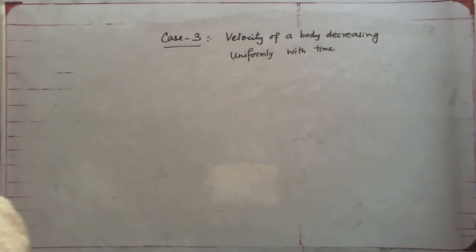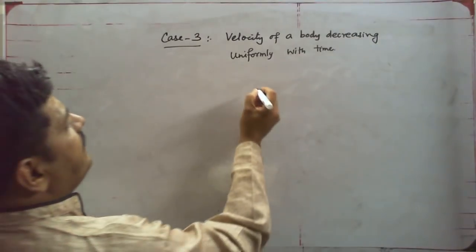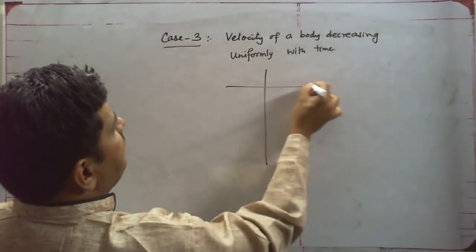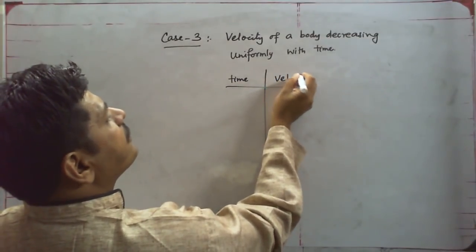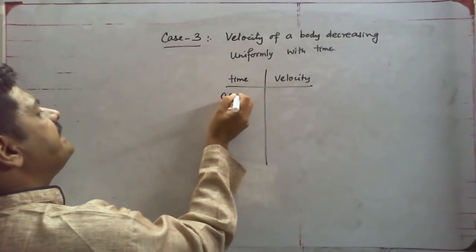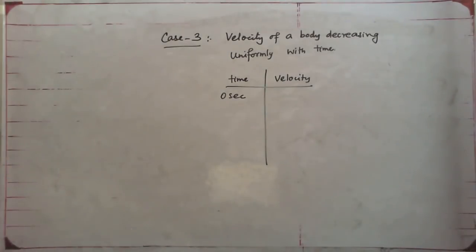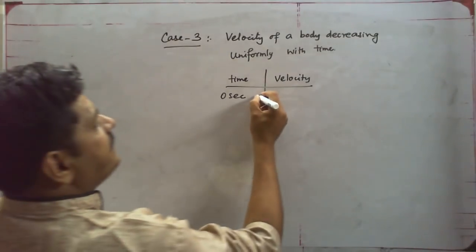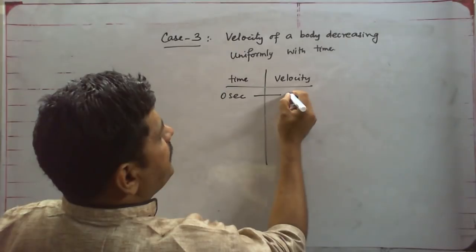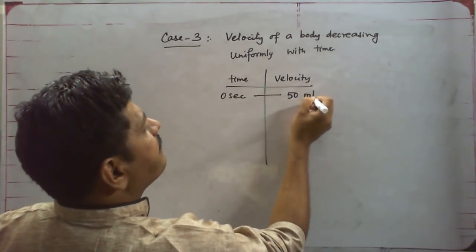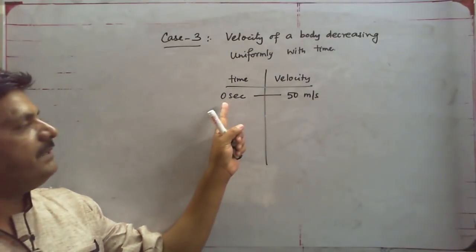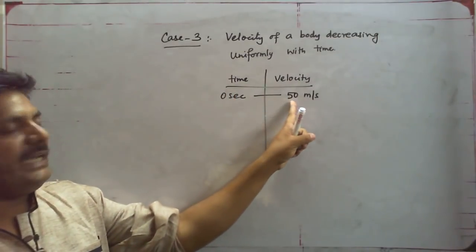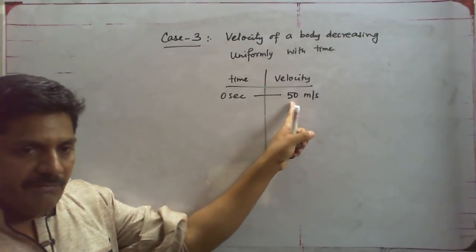Let us take a given imaginary data, time, velocity. Let us say at 0 seconds, the velocity of the body was 50 meter per second. We started to take the observations at this particular time when the body was having a velocity of 50 meter